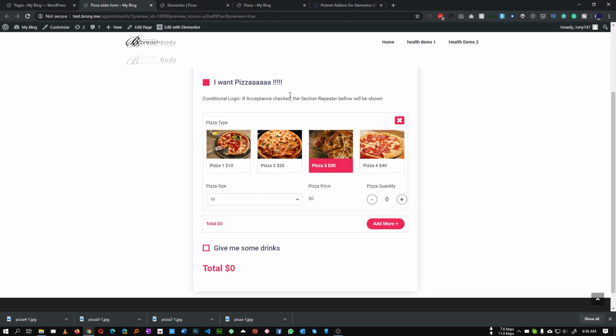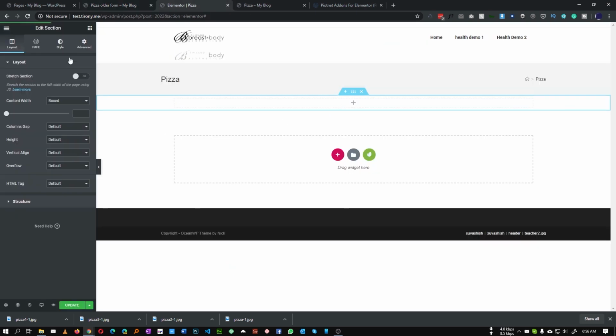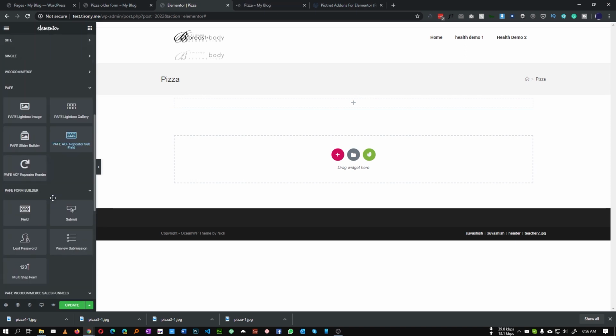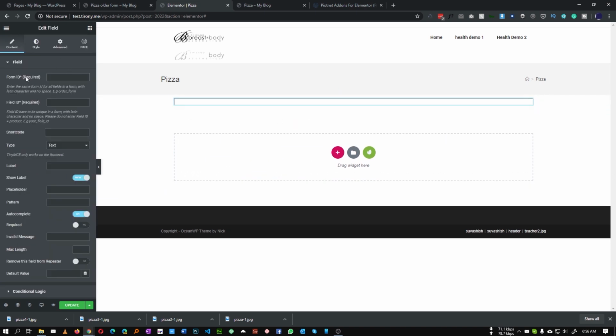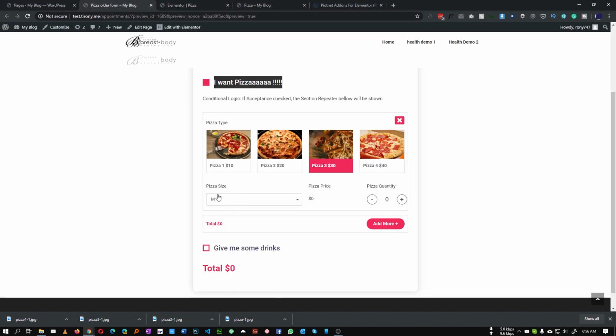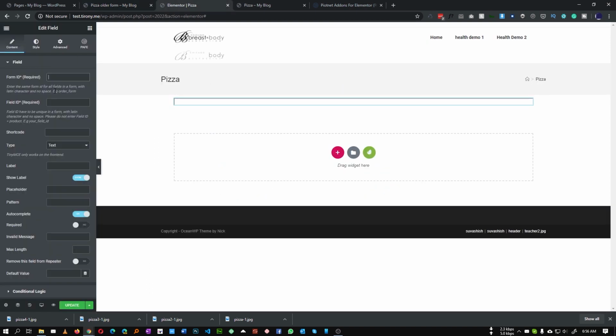First of all, we need this acceptance section, so I'm just copying the text, and let's go to this widget section, and under PFE we will see a field option. So drag and drop the field in here and insert a form ID. So this form ID, as I mentioned in my previous video, must be exactly the same for all of our fields. So these fields' form ID, these fields' form ID, everything will be exactly the same. So in our case, to make it simple, I am just calling it form,